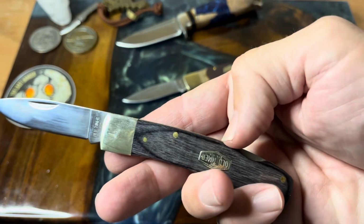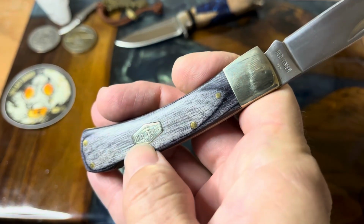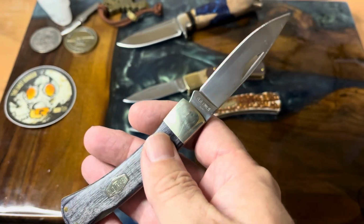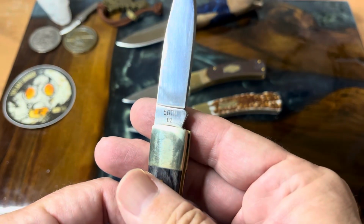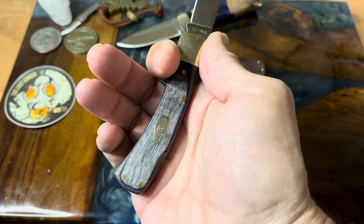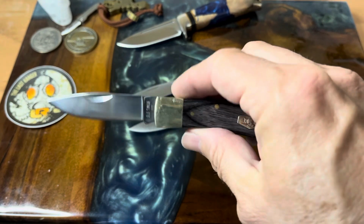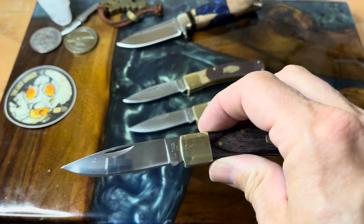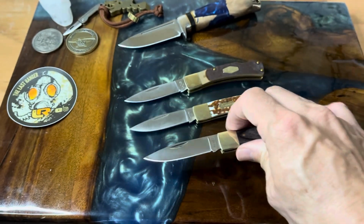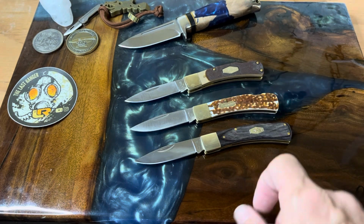And this gives you the laminated wood, or the Pakka wood, the new style Old Timer stamp, which was introduced on the Heritage series, I believe. And then this one here is D2. So you get the OTH, and this is really a great upgrade for your Old Timer. I think these were going for $35 to $40. So you're getting the same great knife, but with an upgraded steel, and you get the